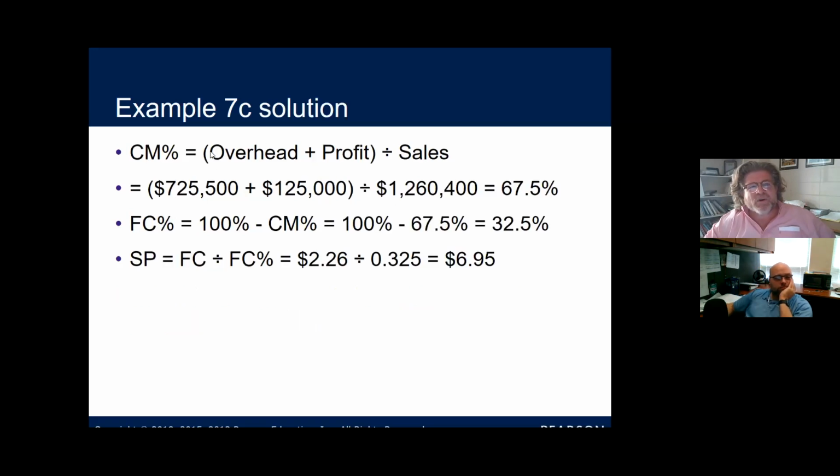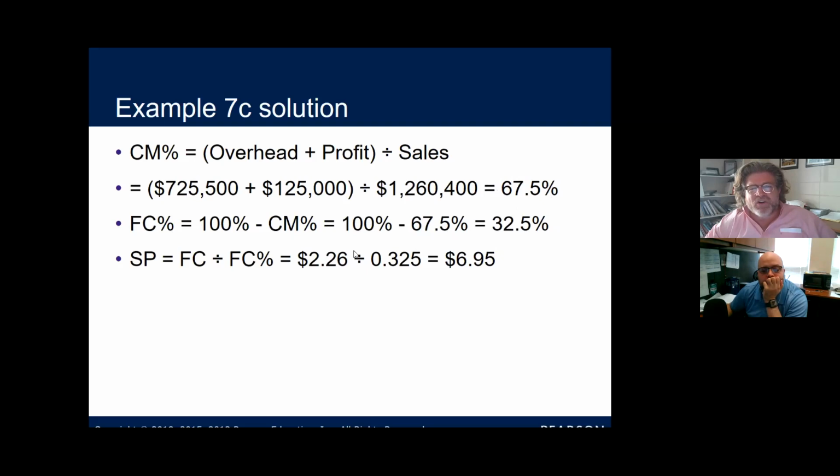Yeah. So, formula: I take the overhead, $725,000 that it costs to operate. This is rent, utilities, salaries, whatever, plus my profit that I desire, $125,000. I divide it by my $1.26 million in revenue, and I get 67.5, which is my contribution margin. My food cost percentage is the difference between 100 and my contribution margin. So 100% minus 67.5%,